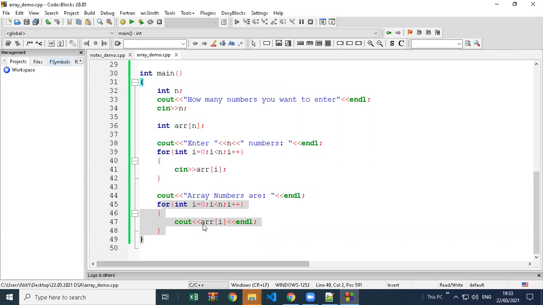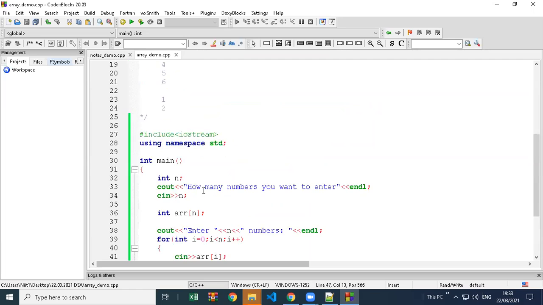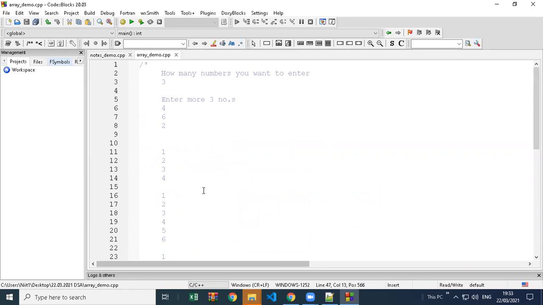No, a for loop is required to print. Now this for loop is to take data, see in, and this is to print. Yeah, before, without writing for and see out, we cannot print. Otherwise, you can print arr of 0, arr 1, arr 2 manually. But of course, that is not a good thing. And here we cannot do that because we don't know how many values are there in the array. When the user enters it, that is the array size. Okay. So a loop is required to accept data and also to display it. For both, the loop is required.